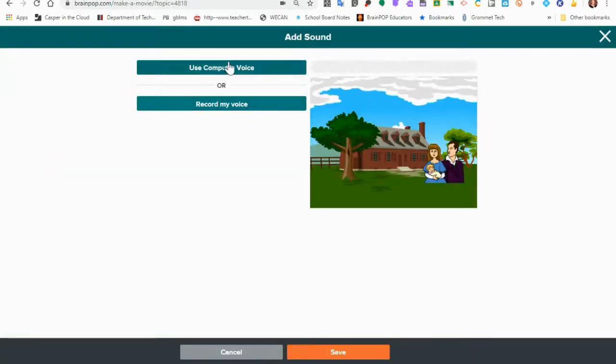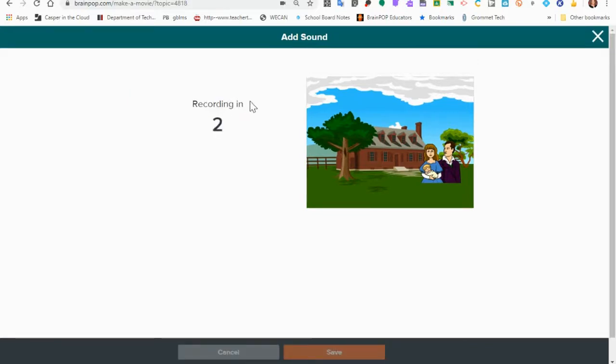So this is where, like with the letter, we used the computer voice. But this time I'm going to record my voice, and I'm going to tell a little bit about what is going on. So if I choose record my voice,